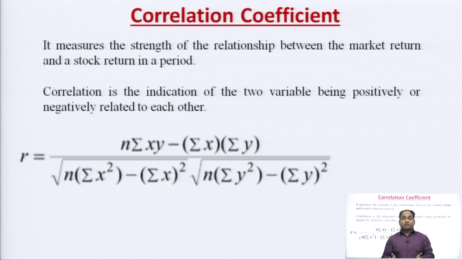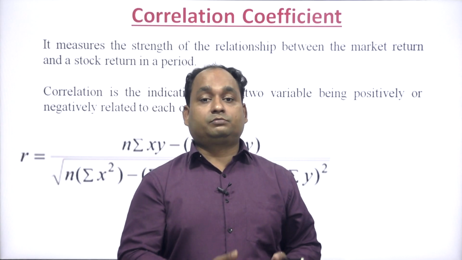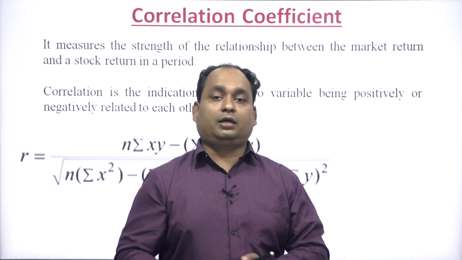What is the relation when a stock is moving at 5% whereas the market is moving at 3%? It means the stock is performing better than the market, a positive correlation. Under correlation, we are measuring the risk factor and the strength of relationship of a particular stock with the market. What is the mood of the market? Is the market in a bullish trend or in a bearish trend?